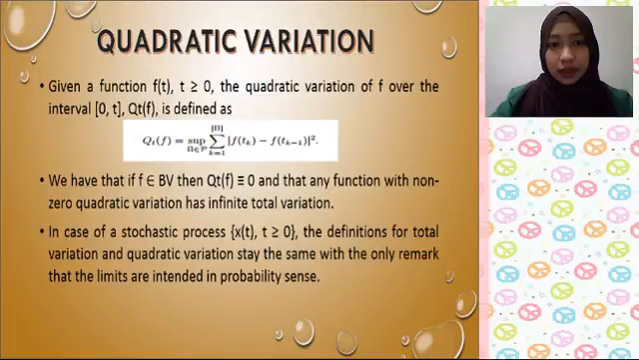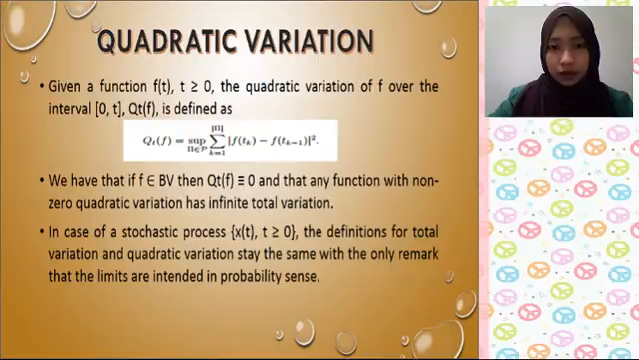Second, quadratic variation. In general, given a function f(t), t ≥ 0, the quadratic variation of f over the interval [0,t], Q_t(f), is defined as Q_t(f) = sup over n of the summation from k=1 to n of |f(t_k) − f(t_{k−1})|². We have that if f ∈ BV, then Q_t(f) = 0, and that any function with non-zero quadratic variation has